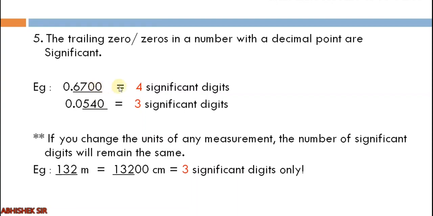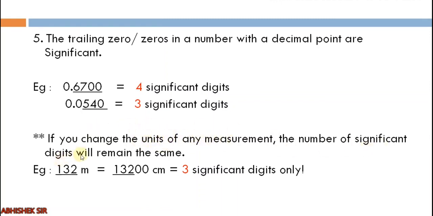considered significant, right? Over here you see 0.0540. This example is very important. You see there is a 0 before also, but as per the fourth rule, this 0 on the left side of 5 is not significant. So we won't be counting this one, but the trailing 0 in a decimal number is considered significant. So 5, 4 and 0, all three are significant. Clear? Also, one note is there that if you change the unit of any measurement,